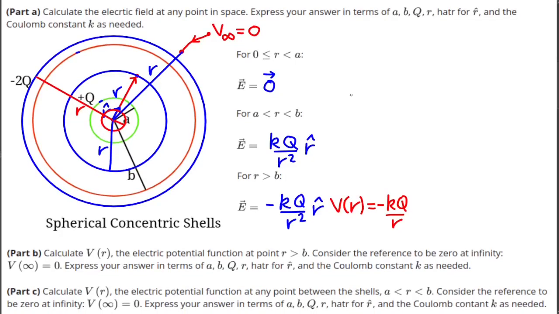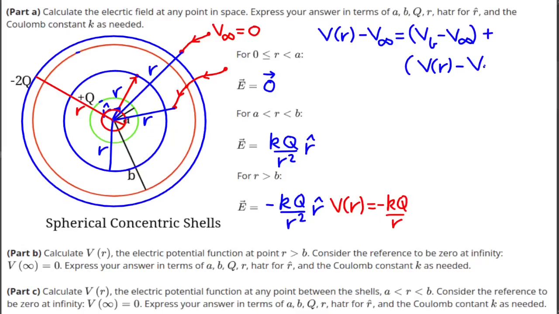Calculate the electric potential function at any point between the shells. The change in electric potential as we move a charge from infinity to r is V of r minus V at infinity. We can break this up into moving the charge from infinity to b, so we get the electric potential at b minus the electric potential at infinity, plus the change in electric potential as we move the charge from b to the point between the shells that's at a distance of r from the origin, so V at r